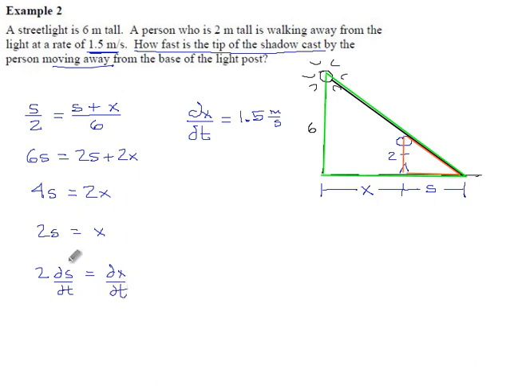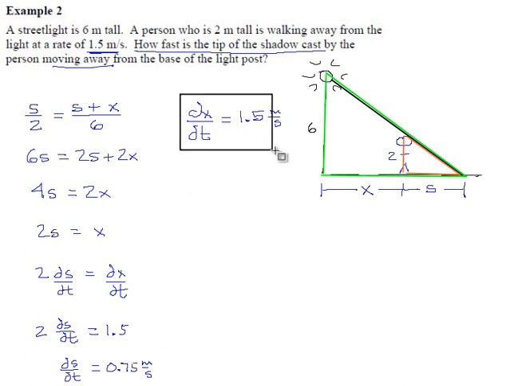And it says ds/dt, how fast the shadow's stretching out, times 2 equals dx/dt. So, okay, we can plug in for that. 2 ds/dt equals 1.5. Divide both sides by 2. ds/dt is 0.75 meters per second. Okay, now what this setup has that's kind of unique, that I don't think we've seen